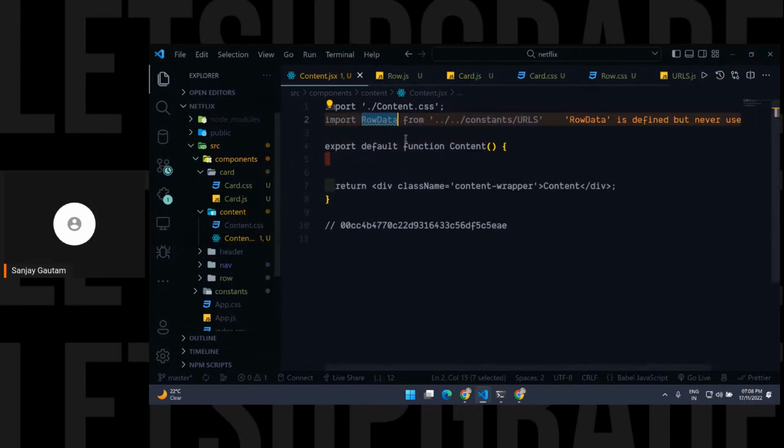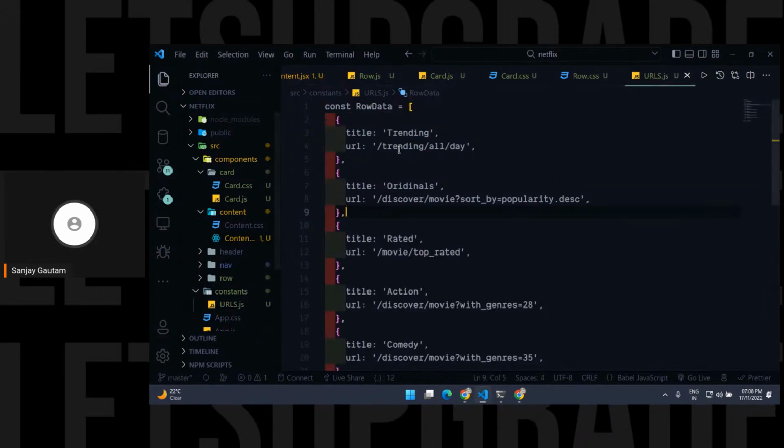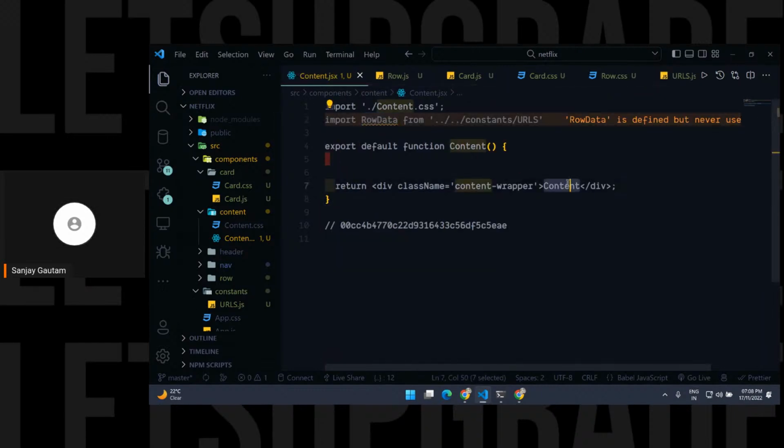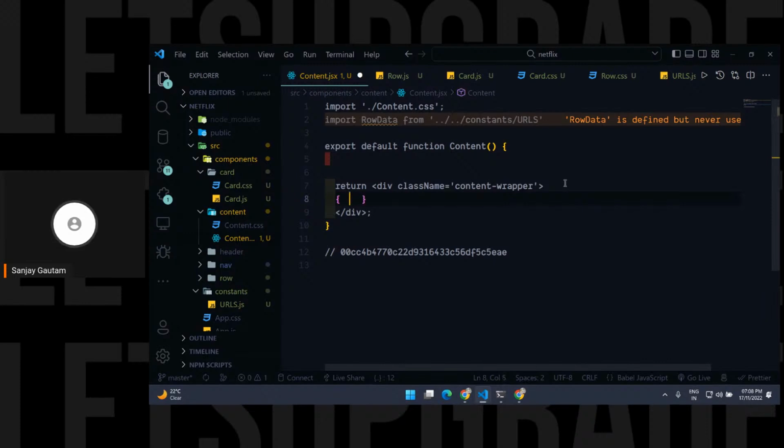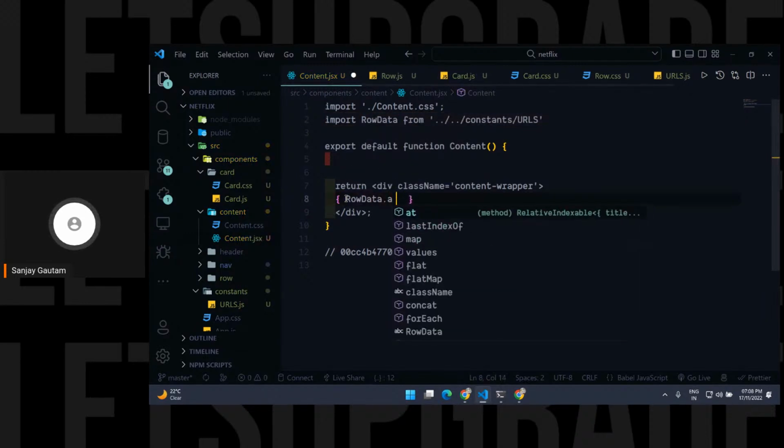Okay, so why did I create this row? Because we are going to have multiple rows now. And this is the data for each row. So inside this constant, I have created, like, you are going to have 1, 2, 3, like title and the URL, title and the URL, and so on and so forth. So we are going to use it. So what you have to do inside this content, I am just going to use this, and I'm just going to loop over this array by using